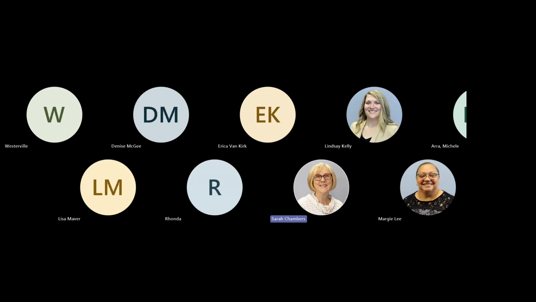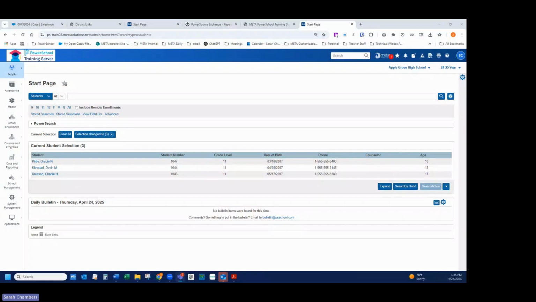Okay, so I will come back here and share my screen. So now you know how to add a log entry, how to edit a log entry, how to delete a log entry if you needed to. And I am sorry, I'm taking a minute to find where I'm sharing, I have so many windows open. Here we go. Okay, so Margie's shown you for an individual. How do you add that? If you had installed this plugin that we talked about,